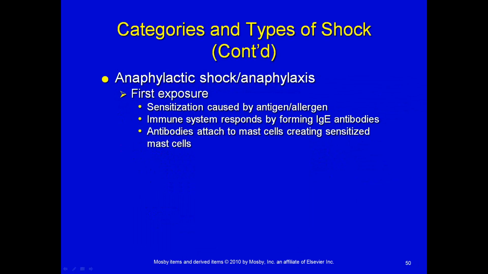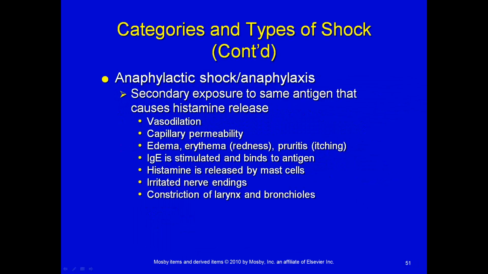Your first exposure in anaphylactic shock or anaphylaxis, you have a sensitization caused by the antigen-allergen reaction. The immune system responds by forming immune globulin E antibodies, and the antibodies attach to the mast cells, creating sensitized mast cells. And then when they're exposed again, those mast cells release histamine, which cause vasodilation, increase capillary permeability, so you get a lot of third spacing with that as well. You get redness, you get itching,